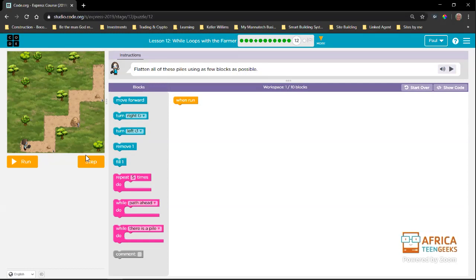Okay, we first need to identify the main problem. The main problem is there are piles that we need to flatten. The restriction to that problem is that these piles do not have the same value. So this one has a 1, this one has a question mark, so we don't know, and this one has 3. Okay, and our block is only a remove 1. So we need to find a way to make that work. Now the first thing is we need to move this farmer onto the pile before the farmer can start to